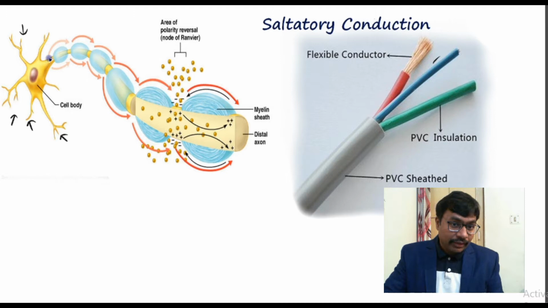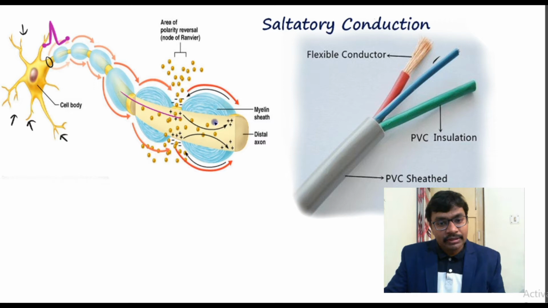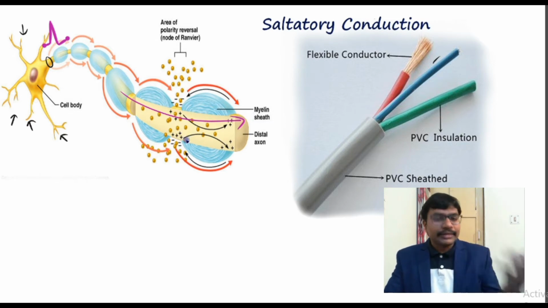The area of the neuron where the axon arises is known as the axon hillock. Here we have the initial action potential. This initial action potential is generated in the axon hillock, from where the action potential travels all the way through the axon, whether it is a peripheral neuron or a central neuron.